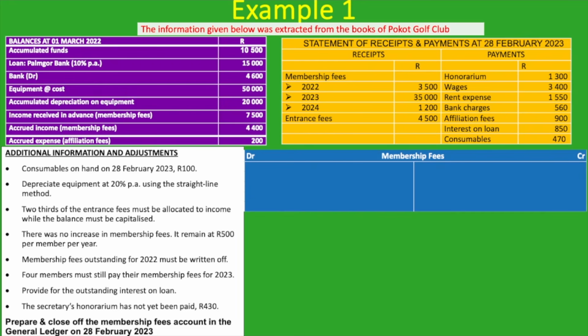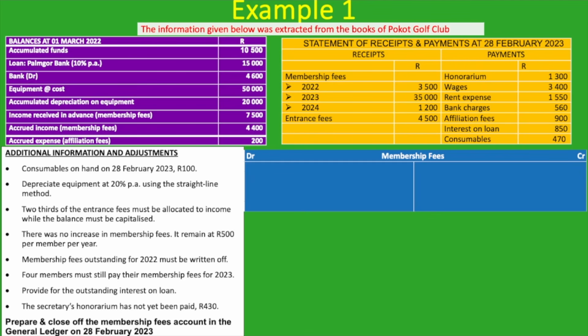And so where do we begin? What is very important is to look at the titles of the sections we are given. The first part of the information we are given is balances at the 1st of March 2022. Now remember, we're asked to prepare and close off the membership fees account as at or on 28th February 2023. And so that means we're preparing the membership fees for the financial period, which began on the 1st of March 2022 to the